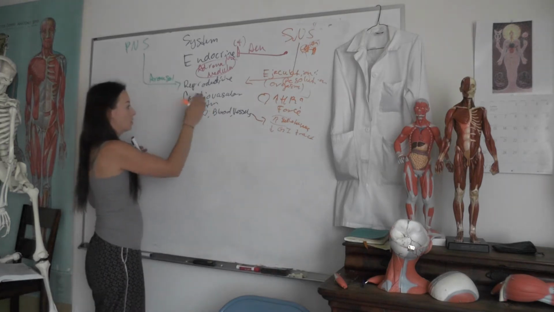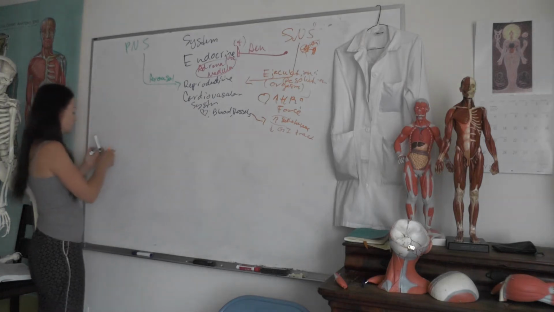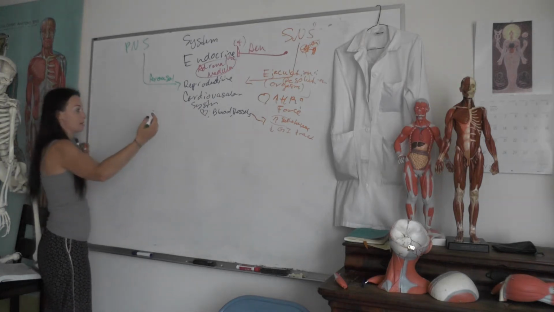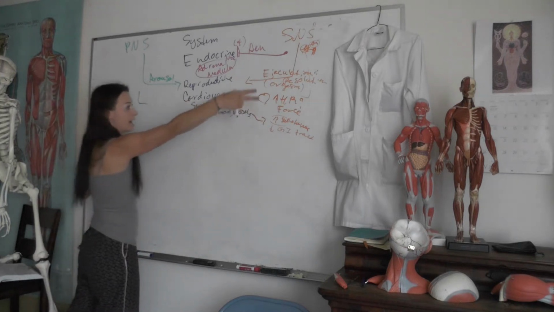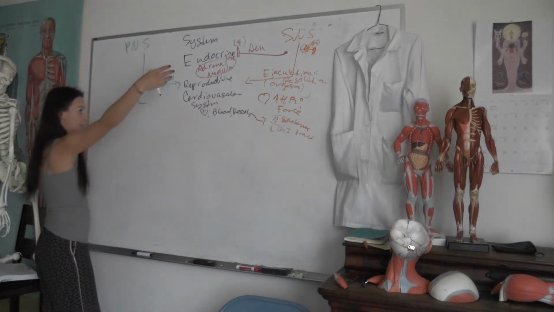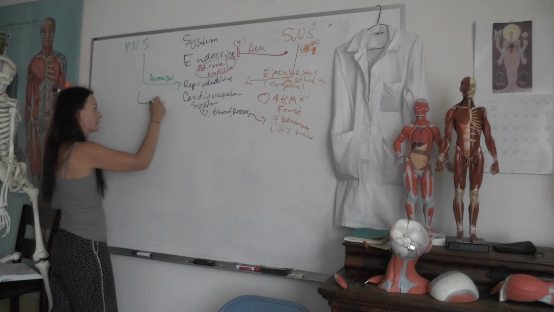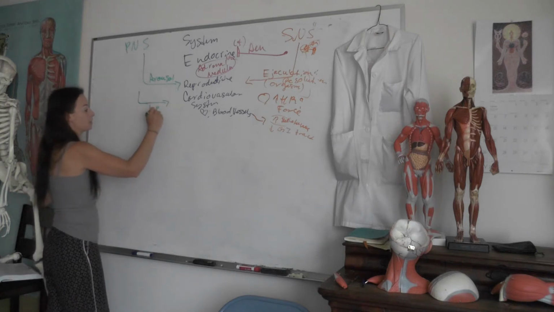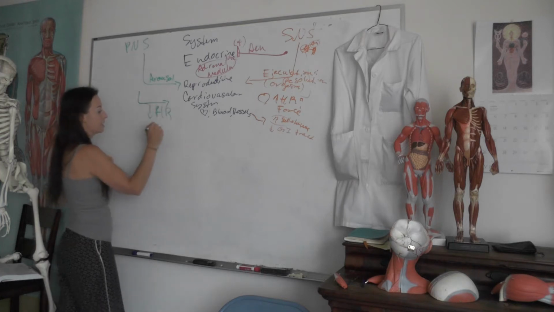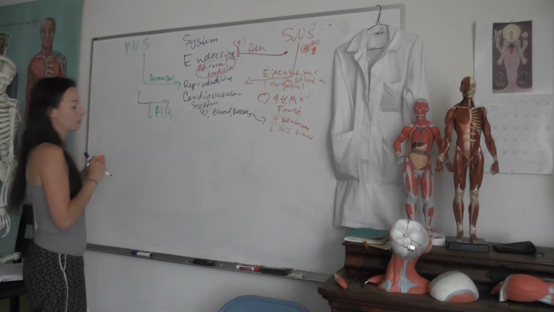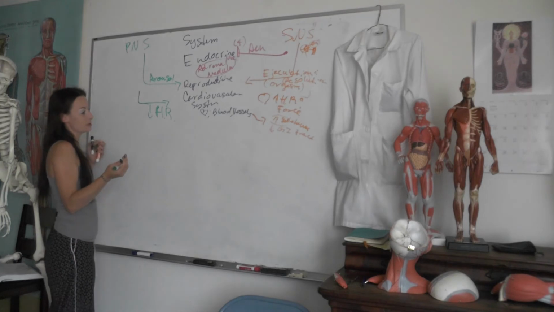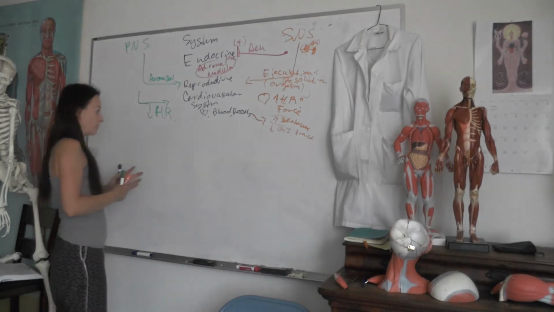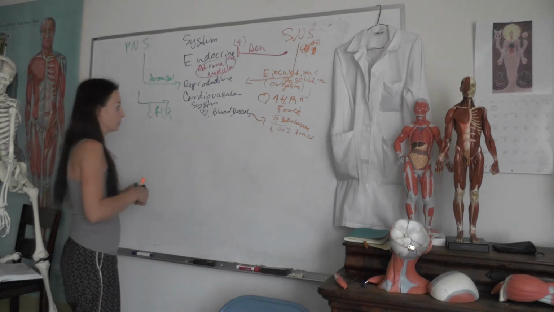Okay, so, all right, well, let's think about what the parasympathetic nervous system can do at the cardiovascular system. After you've had an increase in heart rate and a sympathetic response and you need to correct, then the parasympathetic nervous system can bring you back down. So your parasympathetic nervous system can decrease your heart rate. It does not have an effect on the force of contraction, and really there's not an effect on your blood vasculature.